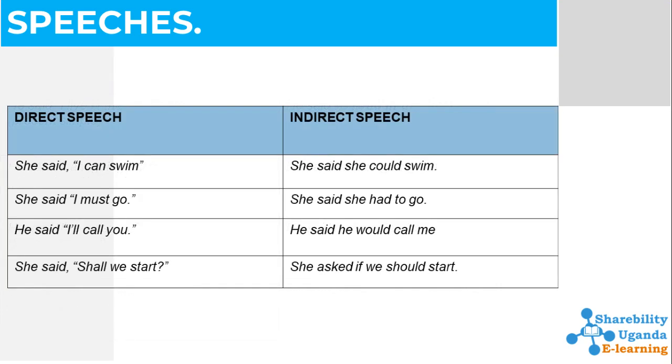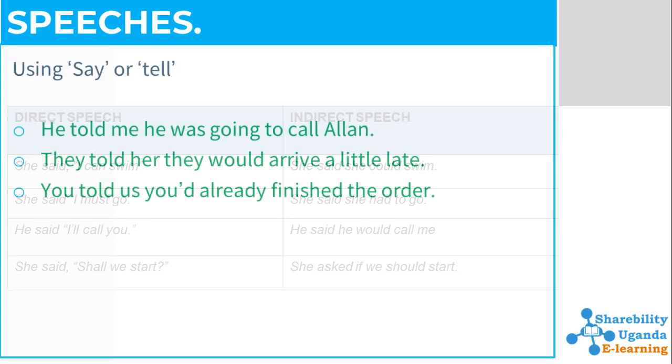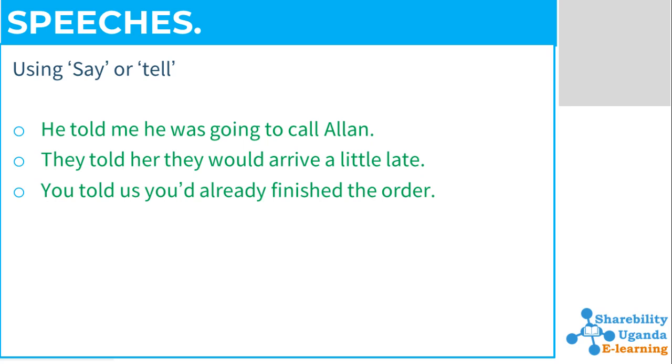The same rule of moving the tenses one step back also applies to modal verbs, like in these examples. As an alternative to using say, we can also use tell, or told in the past, in reported speech, but in this case, you need to add the object pronoun. For example, in the following examples, you can see